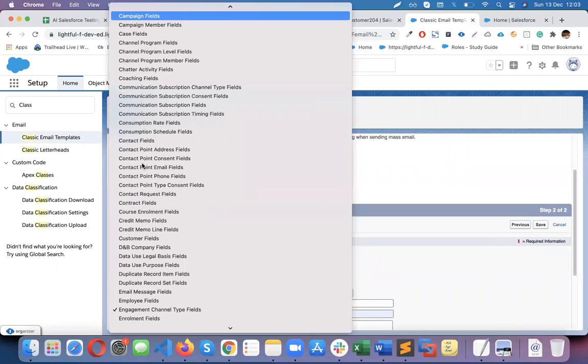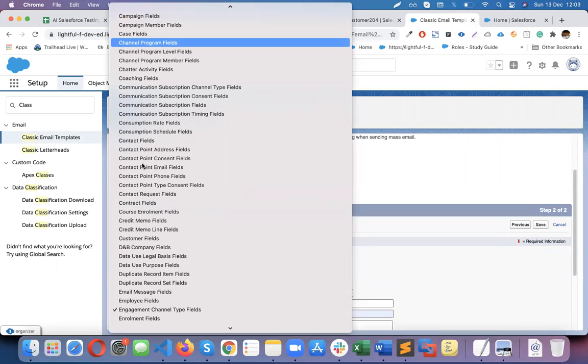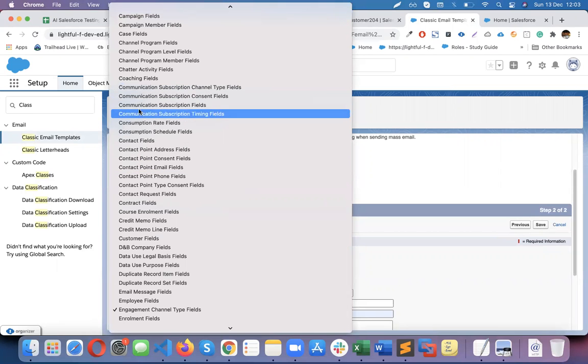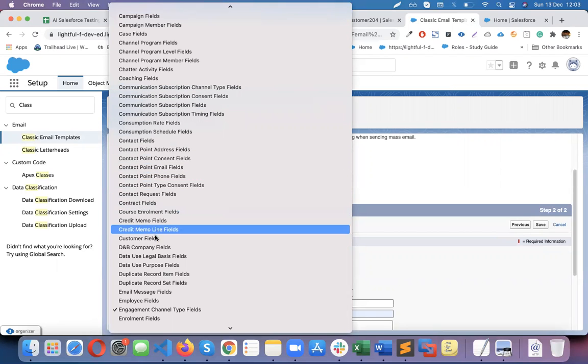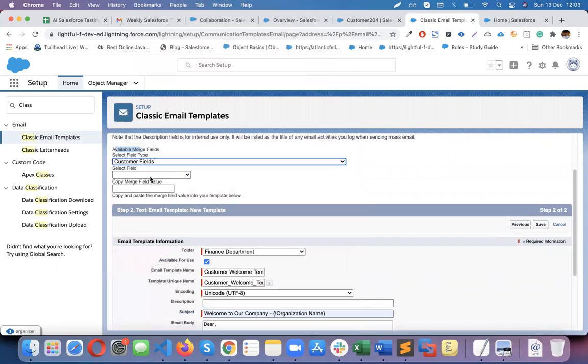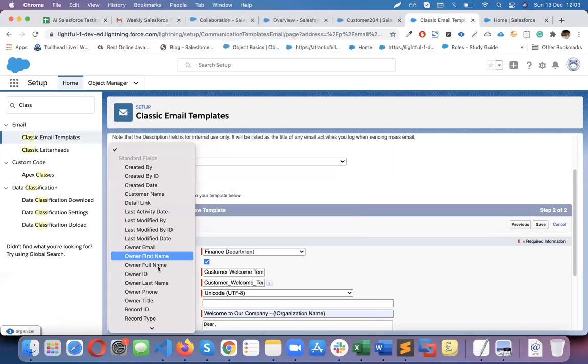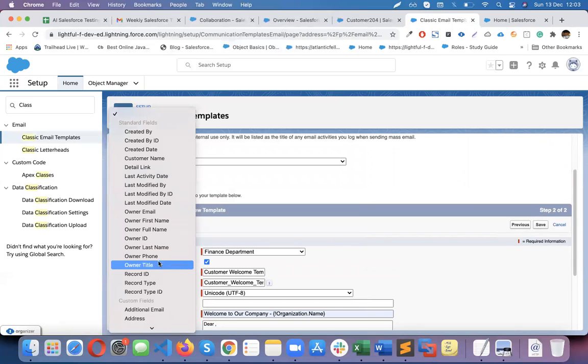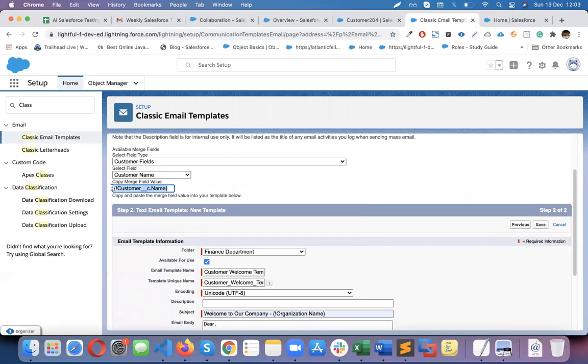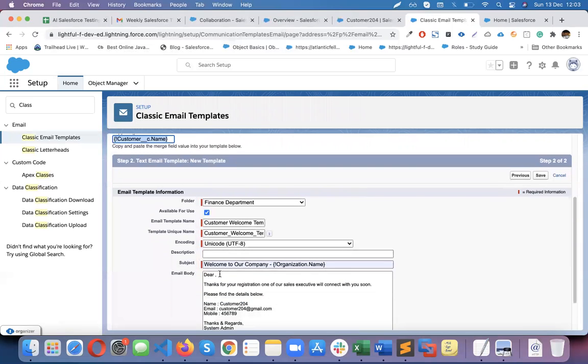So, customer, name field, right? So basically customer name. You get a syntax also, copy this and paste it over here. So basically this will take the name dynamically based on the record.